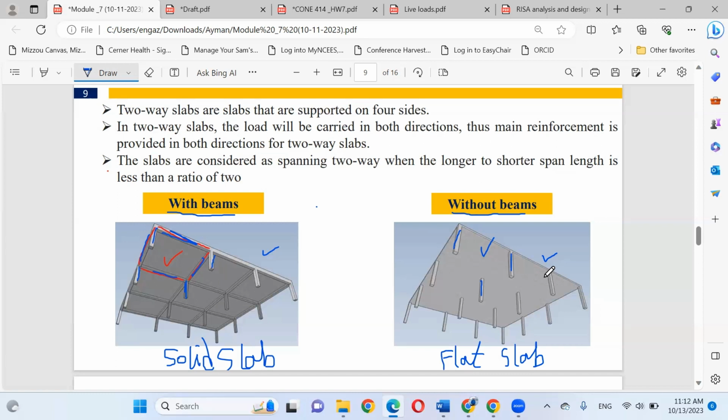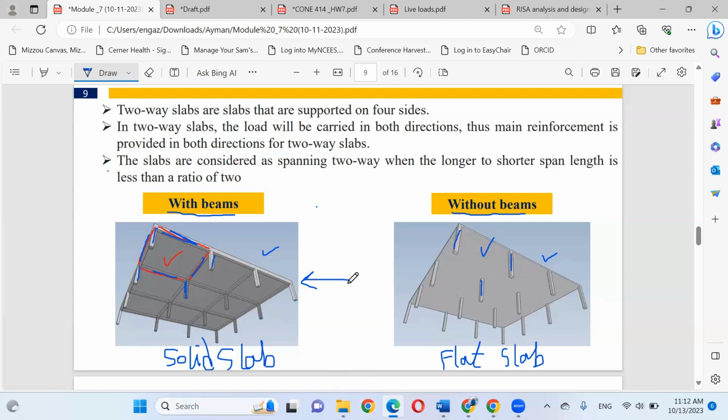From my opinion, as a structural engineer, the first scenario is stronger than the second. If you provide beams, it will be stronger than without beams, because can you imagine, the beams are very rigid, very strong to support your slabs. Then the beams are supported by columns.